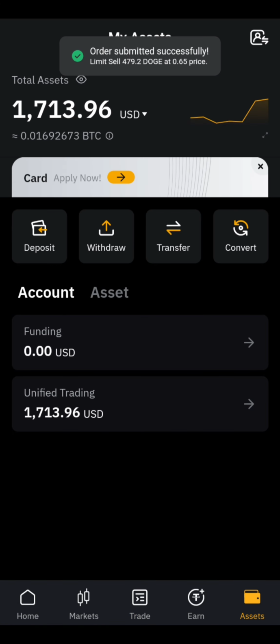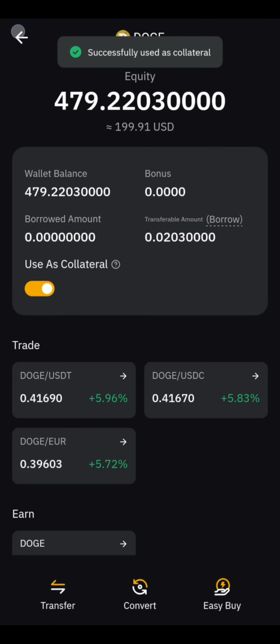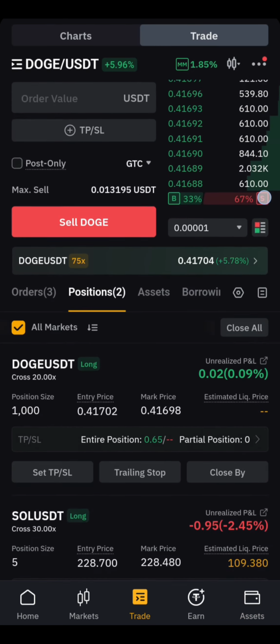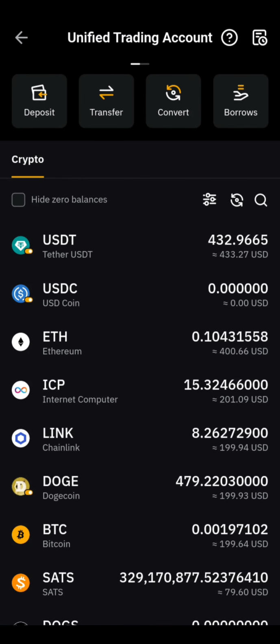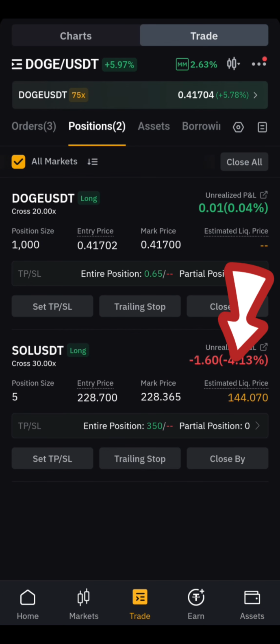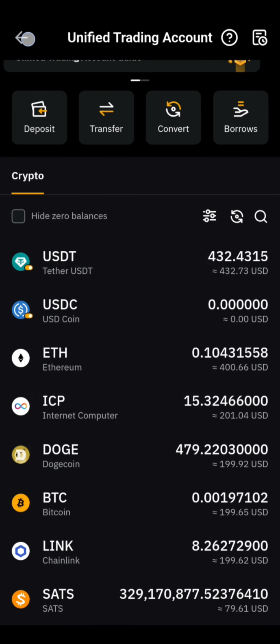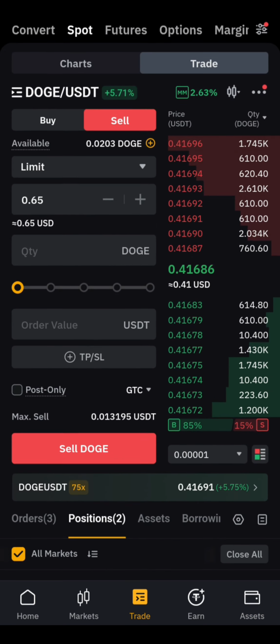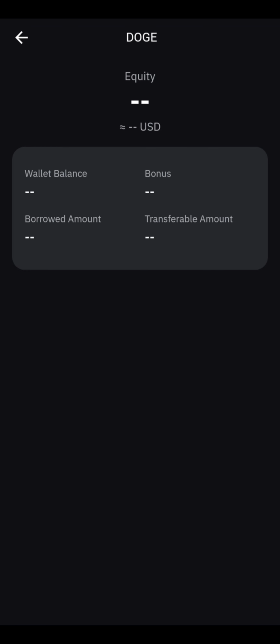Okay. So what I'm trying to achieve over here is, if I set the sell-off, am I able to use this as collateral for the account? Let me see. If yes, then I think this is pretty safe. So see, it's 109.360. If I disable it, bear with me, this is a very important thing. Because if you already set a sell-off, will you still be able to use it as collateral? So as a result, you are able to use it as collateral, because we already have a set order to sell. Let me see here. Spot. We have an order lined up. We have a Doge sell at spot. Close on long position. Okay, great, perfect. So what I'm going to do here is go to Doge and just use it